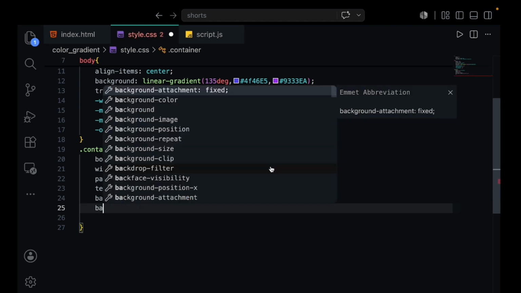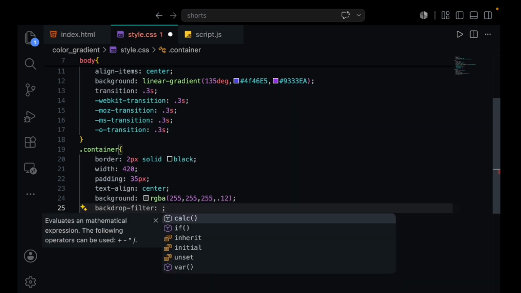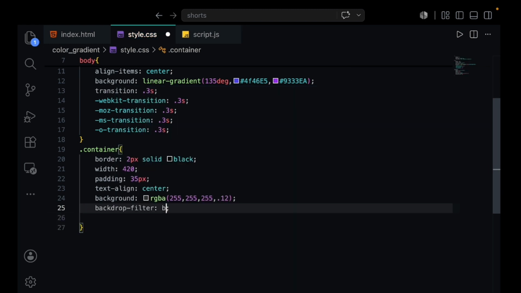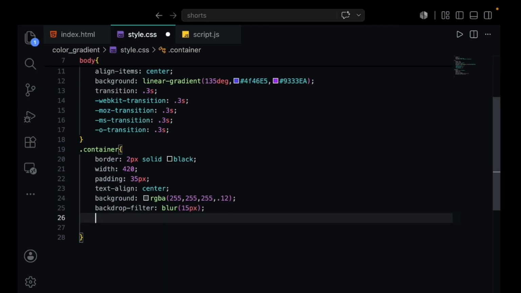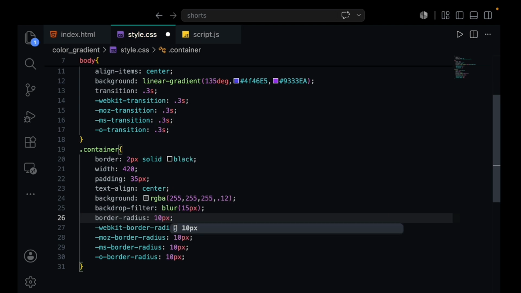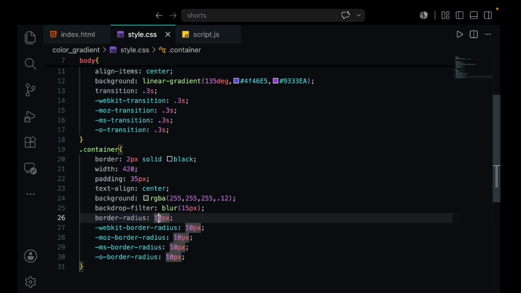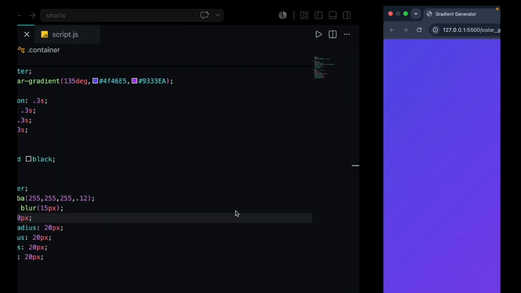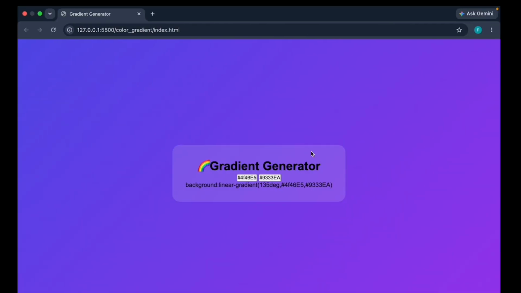For that, we're gonna give backdrop filter, blur, which is going to be 15 pixel. And our border radius is going to be 10 pixel. I'm gonna give some more. Let's make it 20 pixel. And let's remove this border. I think it looks better.